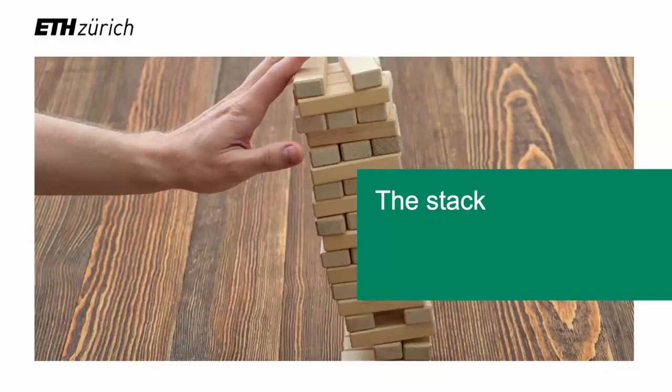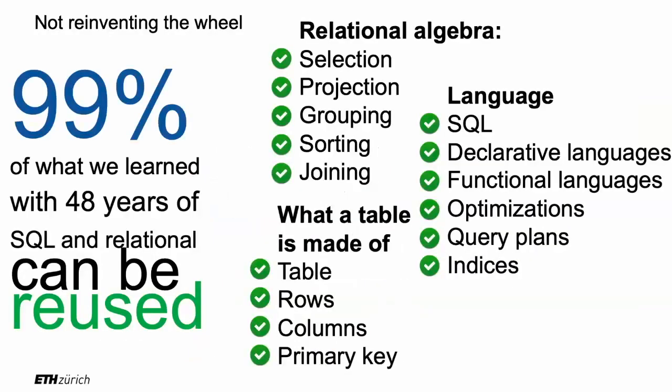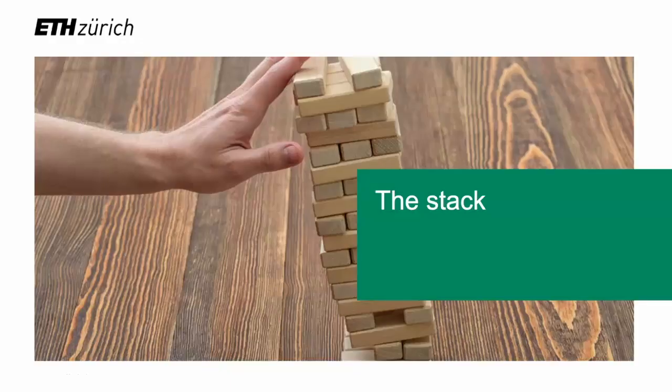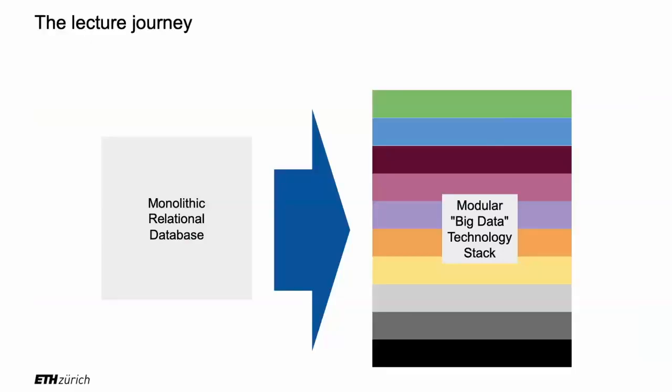In order to do that, to basically get this 99% of reuse, but swapping what we have behind the scenes, we are going to have to rebuild the entire technology stack. Stack, that's the name that computer scientists give to when you have multiple components in some architecture. It's called the stack. And so we are going to rebuild the stack that we had in a system like PostgreSQL, but bigger and better.